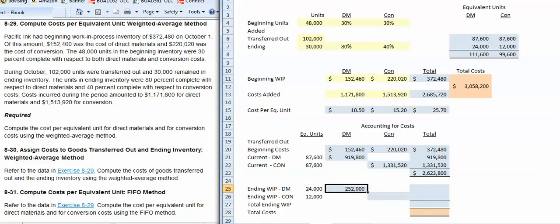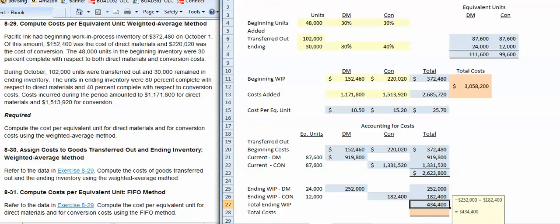Ending work in process then, we'll take our 24,000 equivalent units, multiply it by our $10.50 per equivalent unit to get a total of $252,000 for direct materials. Our conversion cost will be our 12,000 equivalent units multiplied by our $15.20 per unit for conversion costs for a total of $182,400. Finally, let's total up the cost of our goods left in ending work in process, and we see direct materials has a total of $252,000, conversion costs of $182,400